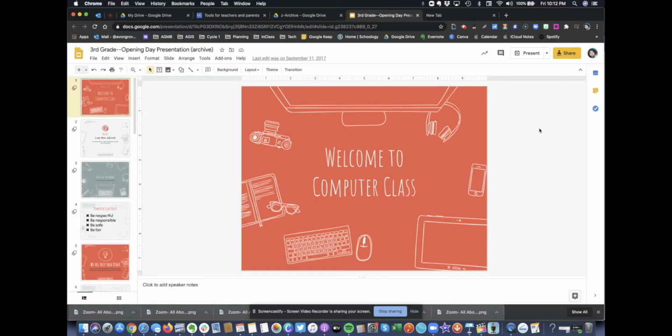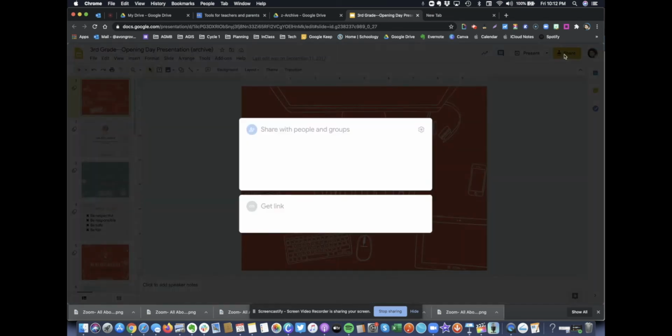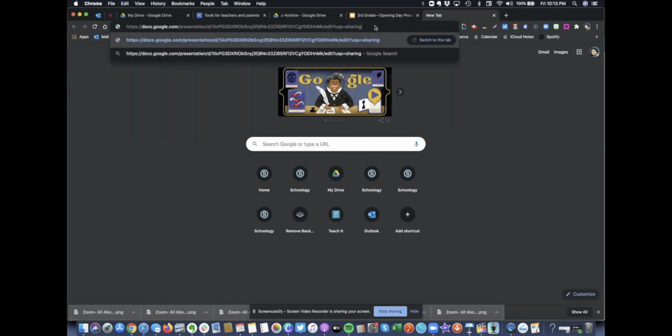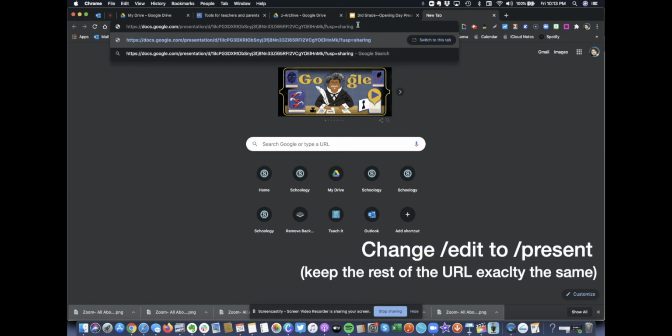So here's another trick with changing the URL when you share a document. So in Google Slides, if you get the link, and again, you want to make sure it's anyone with the internet can view or it could be specific to your organization, I'm going to copy that link. And then what I can do with Google Slides, I'm going to replace that word edit again, but this time, if I make it say present,